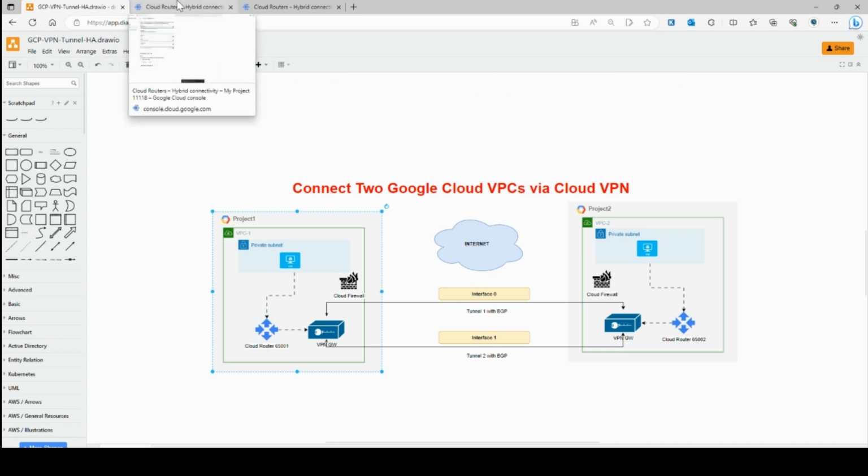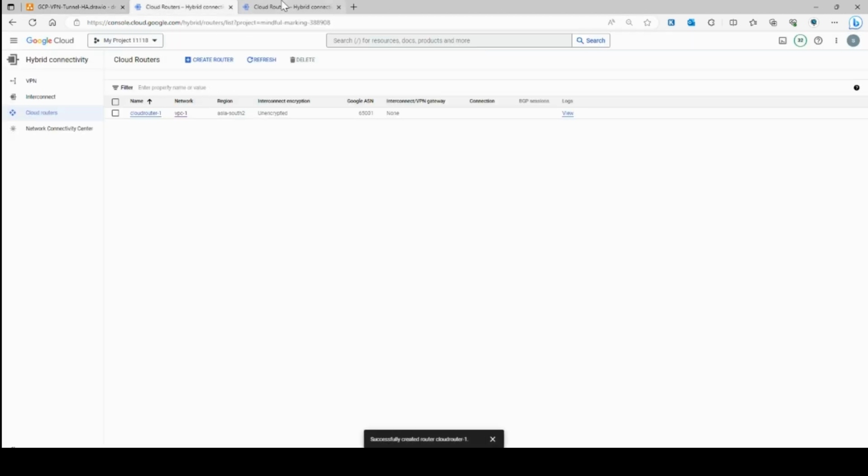First of all, we first establish a VPN tunnel, and then we will deploy our resources. So once our VPN tunnels are up, then we will deploy our Compute Engine. Okay, cloud-router-1 and cloud-router-2 are both set up. Now go to your first project. Now go to VPN,